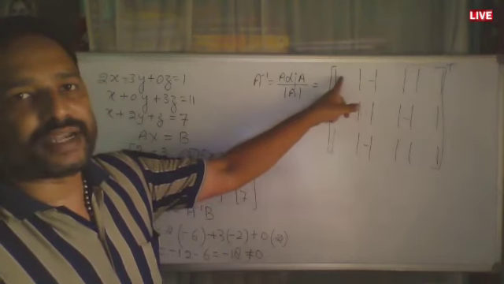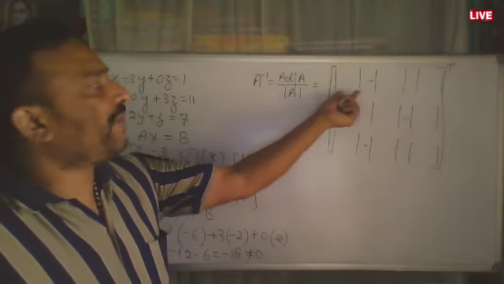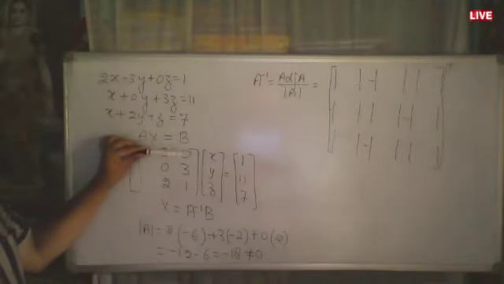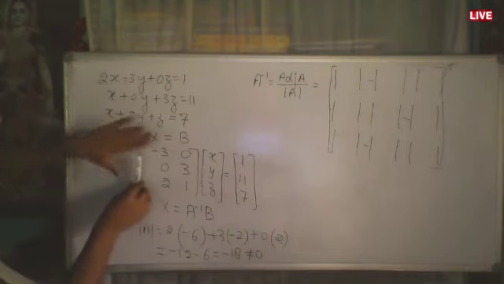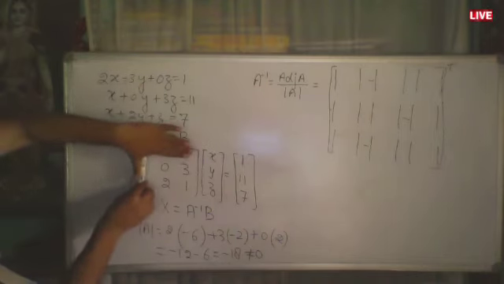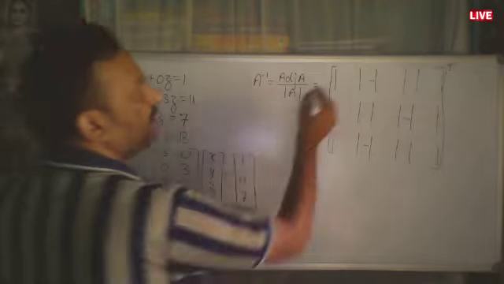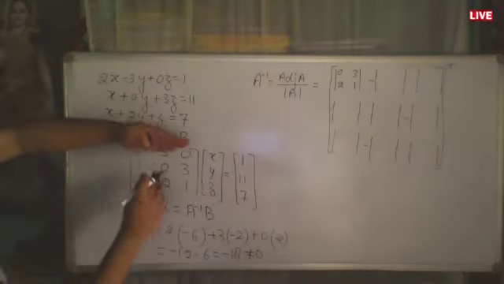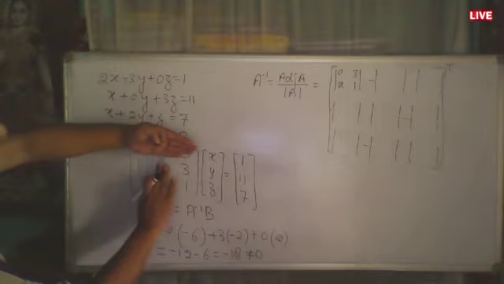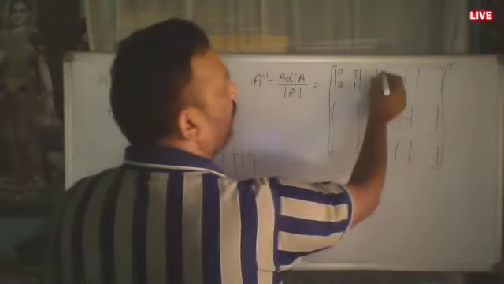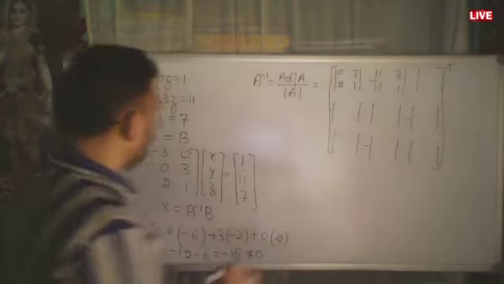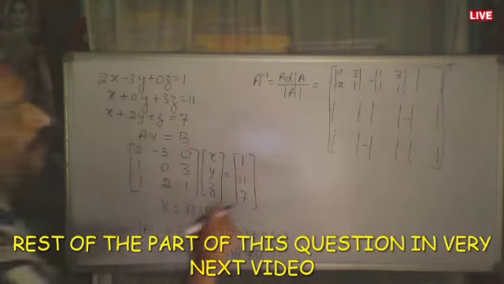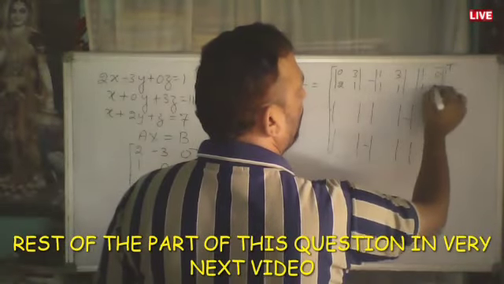First of all, this place is A11, meaning a cofactor which we obtain by eliminating first row and first column. See here, if we eliminate first row and first column, see what is left: 0, 3, 2, 1. We will write here 0, 3, 2, 1. For the second, we have to eliminate first row and second column. What is left: 1, 1, 3, 1. Similarly, for the cofactor of this element, we have to eliminate first row and third column: 1, 0, 1, 2.